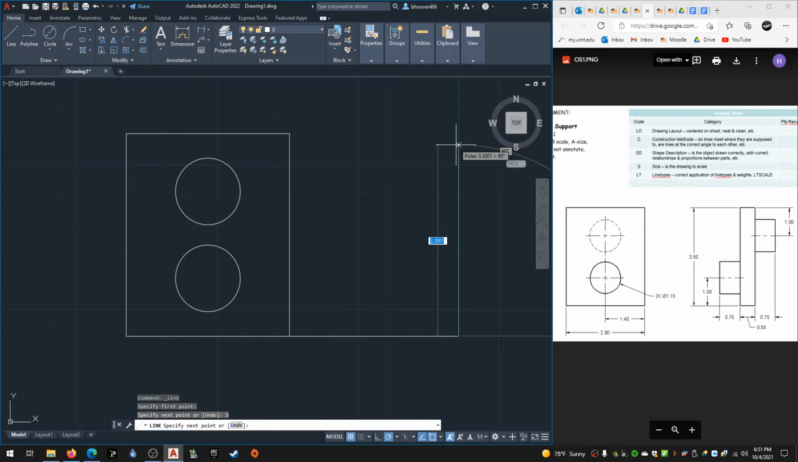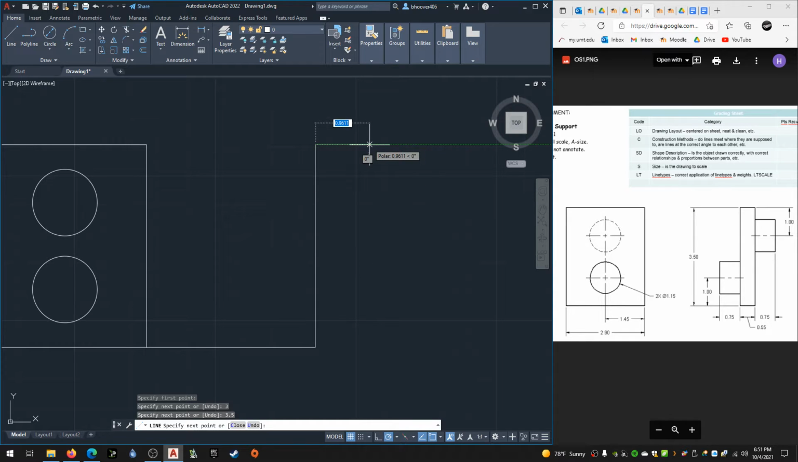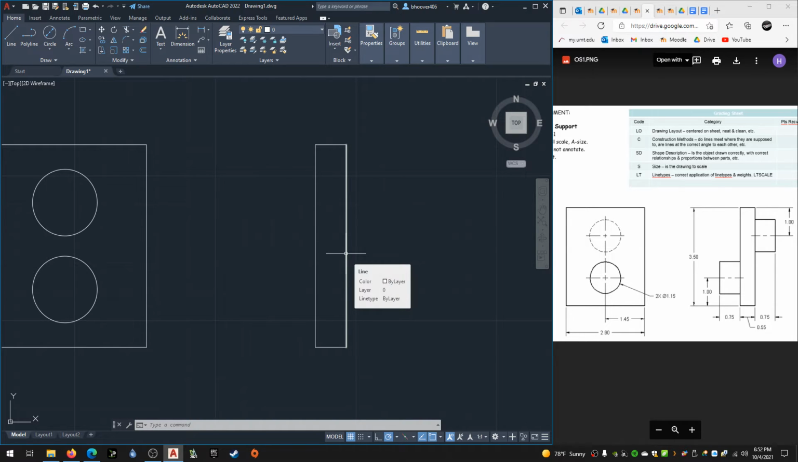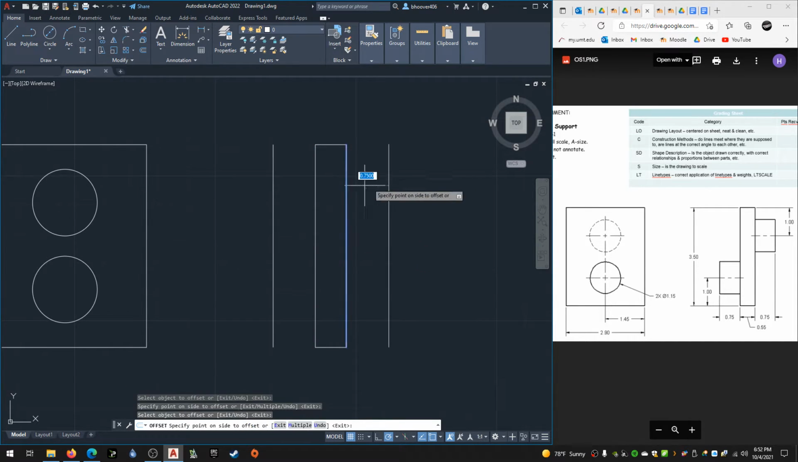So this is 3.5, 0.55, enter, down 3.5, enter, back to here. And now what I could do is, these are both 0.75. There are a million ways to do this, but I'm going to show you something different here. So if I go offset 0.75, enter, then this, and then this, I'm going to offset those lines, and then